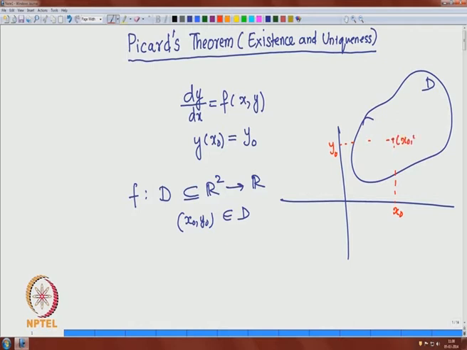So, x 0 y 0 is the initial point, the initial condition,